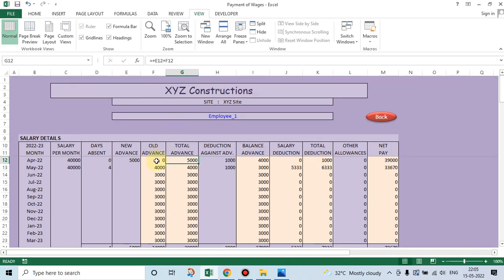See how this plus this. Then deduction against advance. Mostly what I have observed is the construction workers take advances and they are paid weekly, and every Saturday they are paid their salary amounts. So the balance